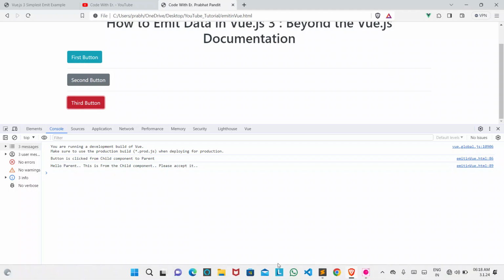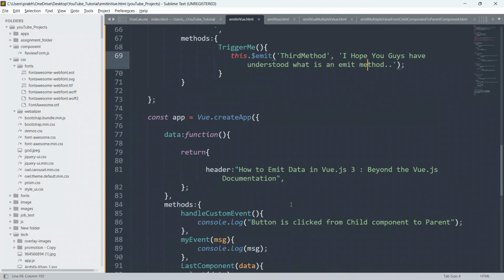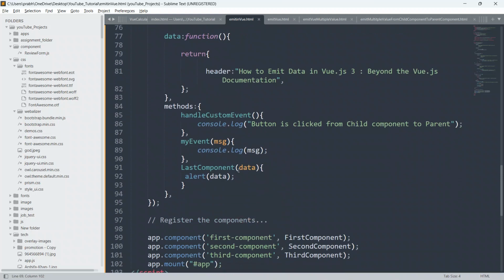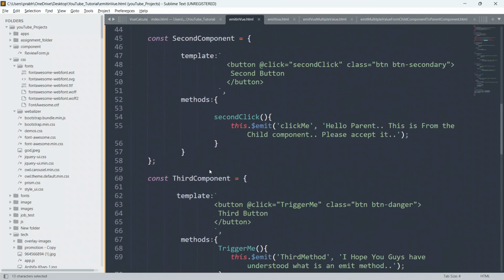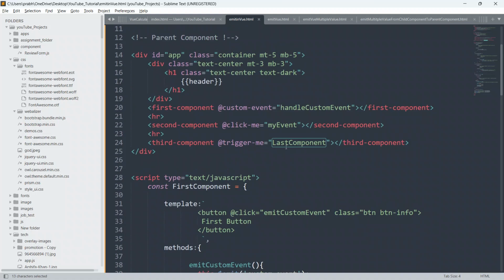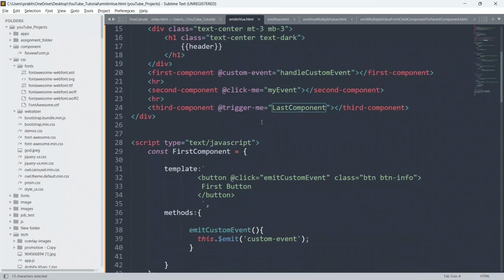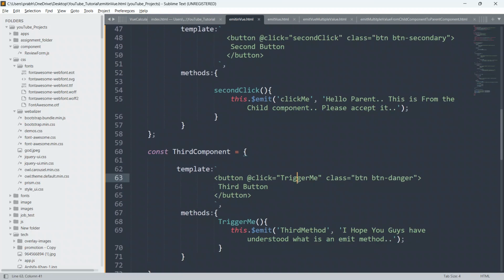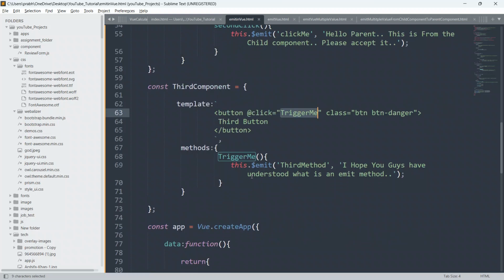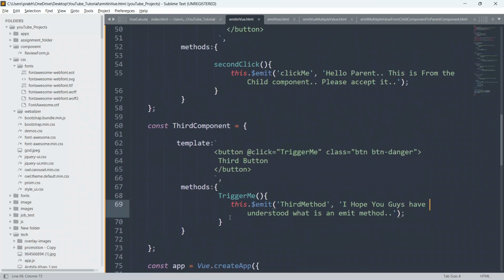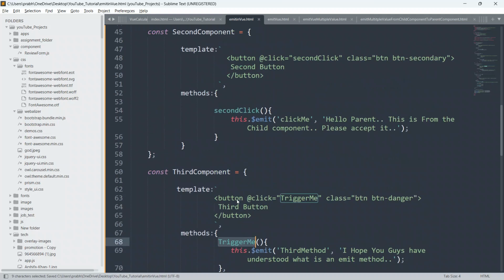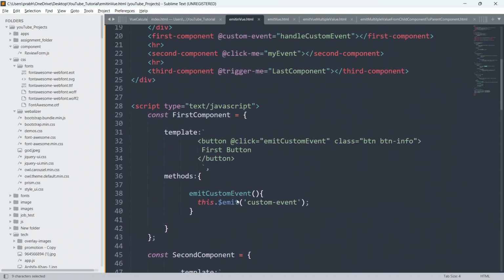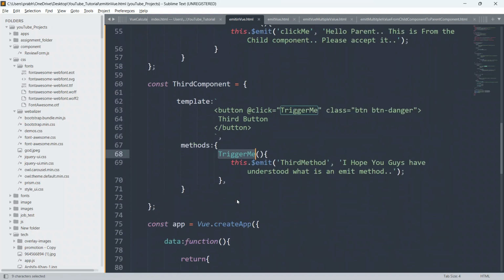So we have an error here guys, we are not getting the alert, I don't know why. So let me just check the last component, and here we have defined our last component. So trigger me, it should trigger the alert.